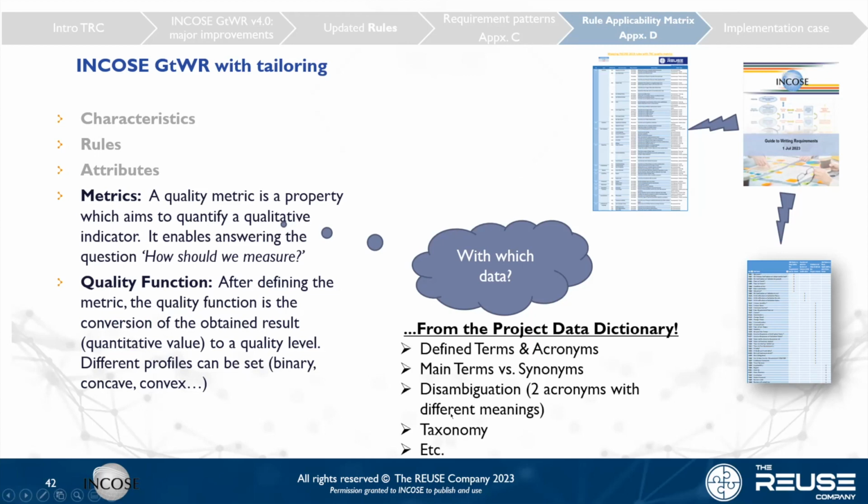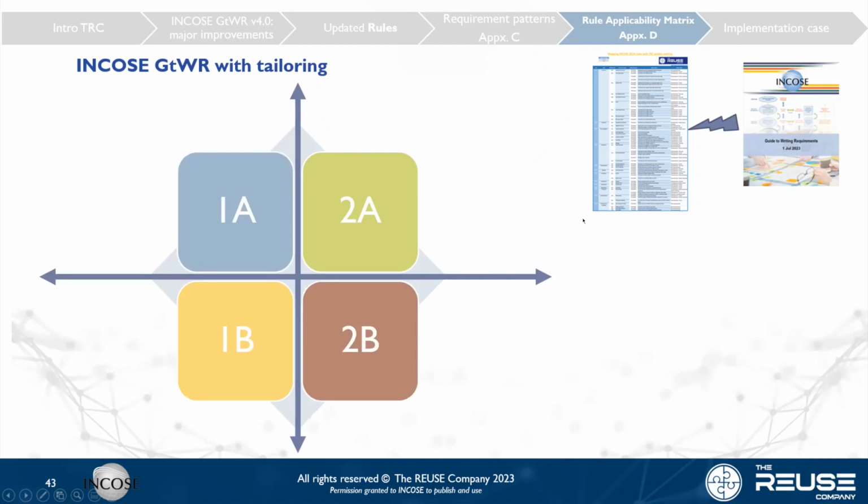If you have to disambiguate 2 acronyms which have different meanings, one of them could be a forbidden acronym, the other one could be a valid acronym, so we have to configure the difference here. Any taxonomy and the relationship tree between different terms. So everything that is configurable in the data dictionary will provide intelligence to the metrics. And now about the implementation of this rule applicability matrix. Basically, we start